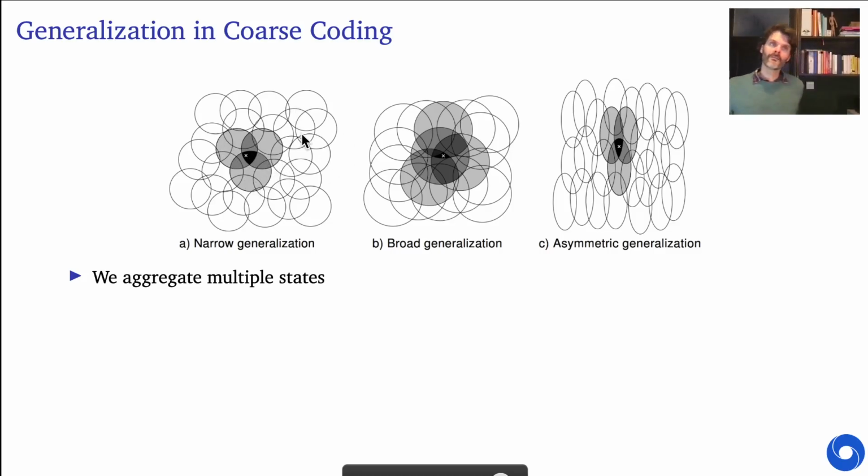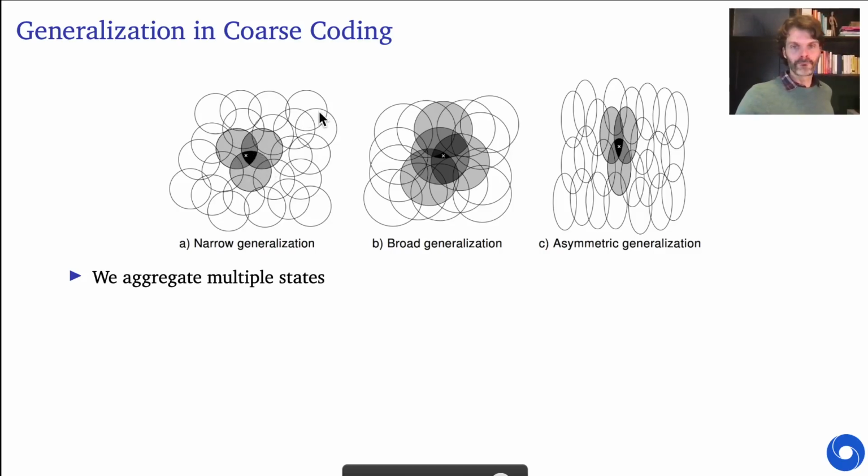And that's both good and bad. This is a double-edged sword. If you have narrow generalization, this means the narrower it becomes, the more specific your value function can be, and the more precise it can be. If you need very high resolution in some sense in your value function, because the actual value function might, for instance, be quite bumpy or weird, then it might be useful to have very narrow generalization. But it does mean that learning might progress quite slowly, because there's very little leaking from the state information from